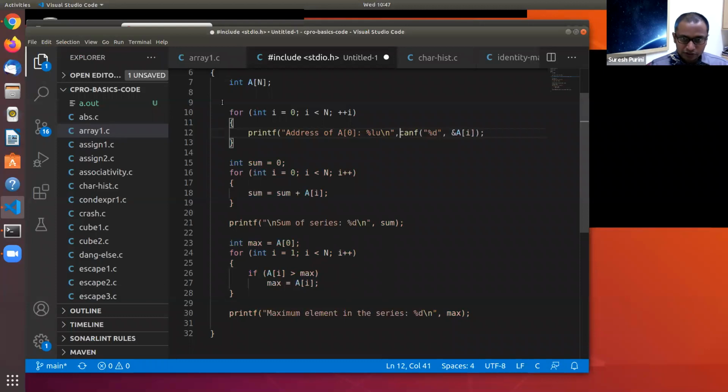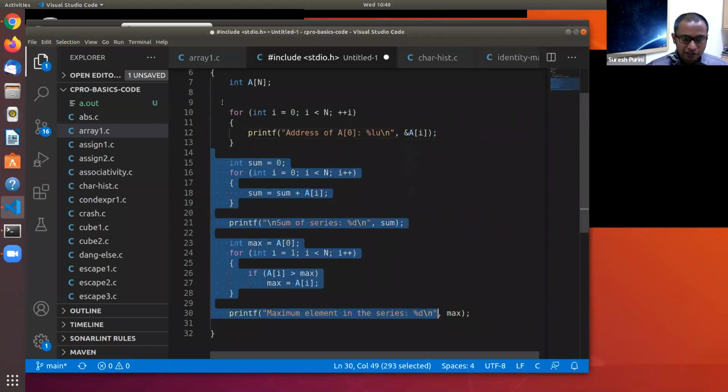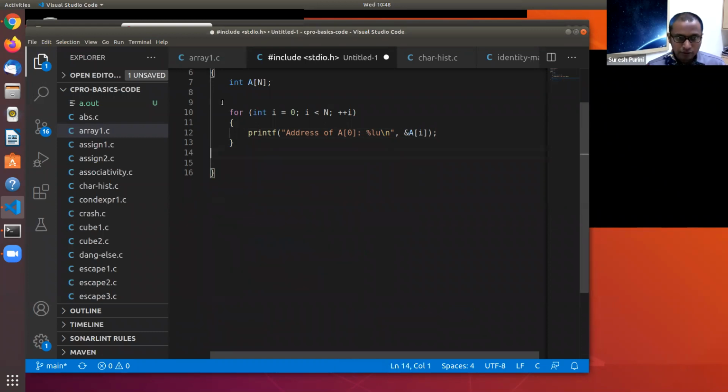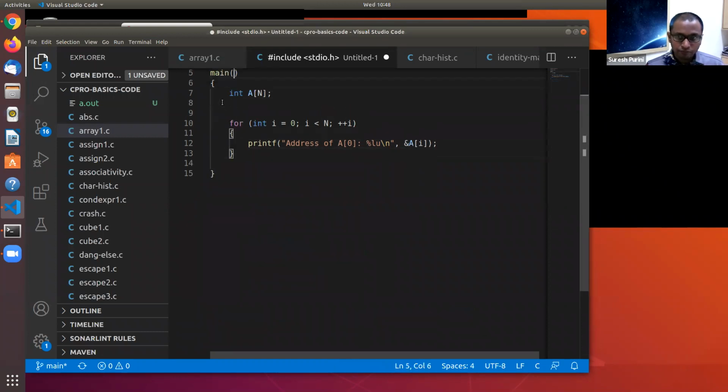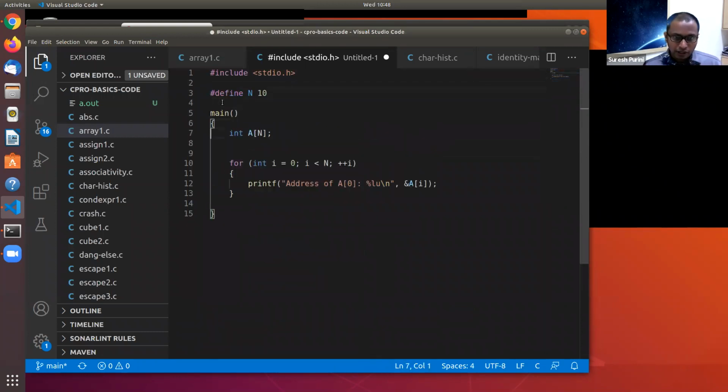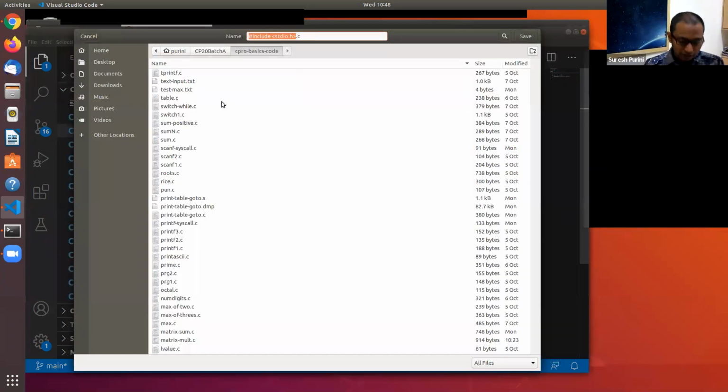I hope that format specifier works. I think it's long unsigned.